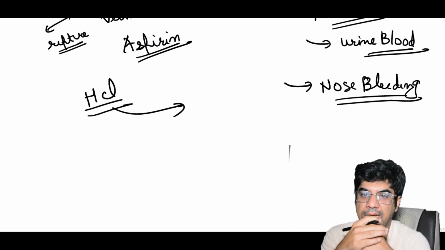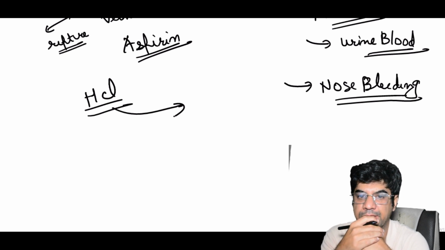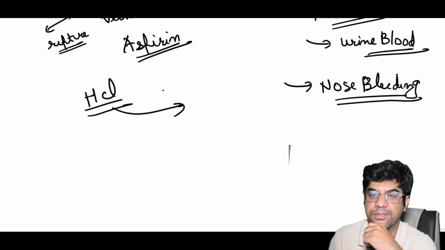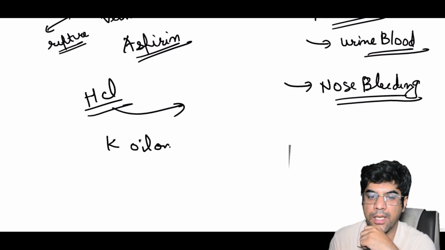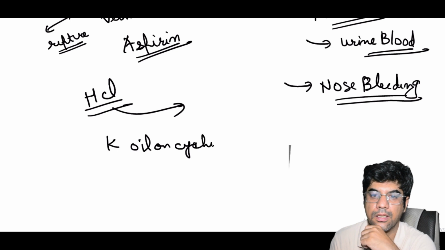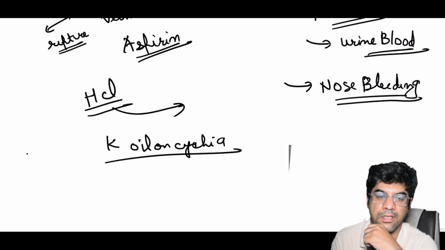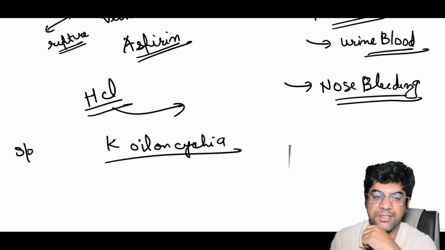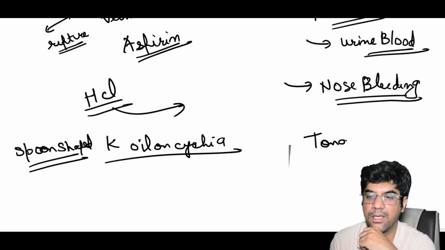Now, what would you see? The clinical features would be weakness, fatigue, dyspnea, palpitation, pallor of skin. What you could see in long-standing IDA is koilonychia, the important one. That is, the nails would appear spoon-shaped. The tongue would be inflamed, and the term we use is atrophic